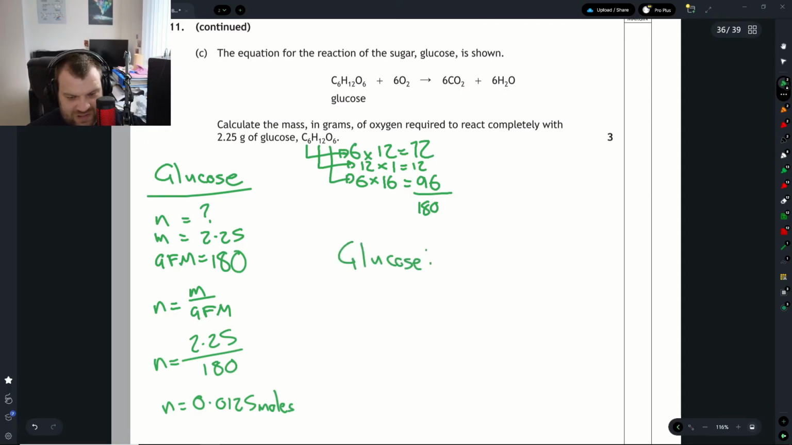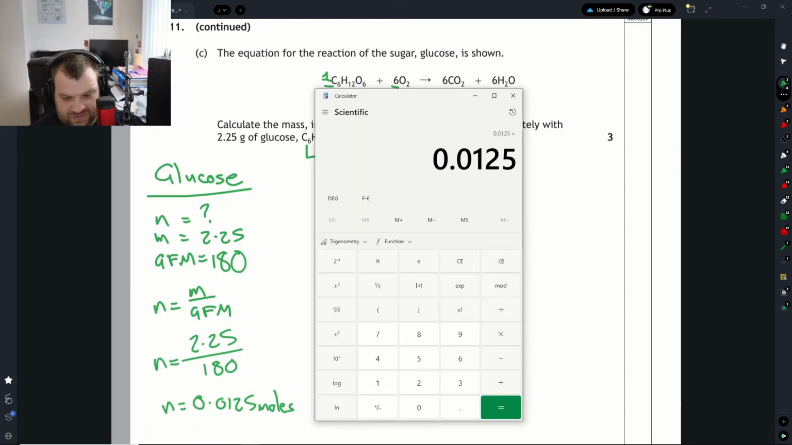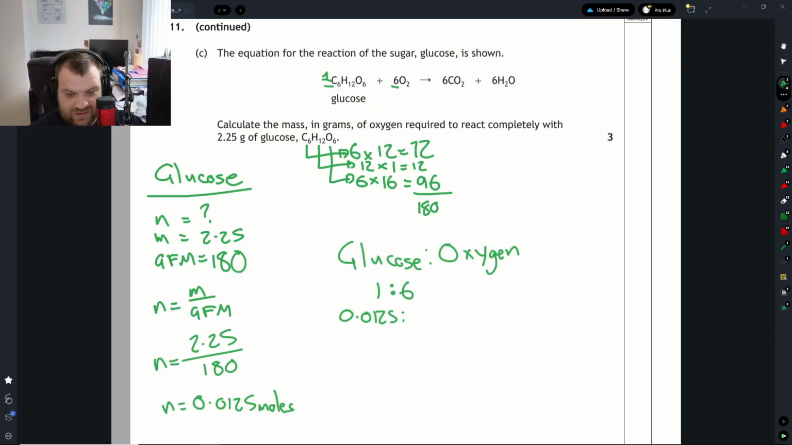When you're dealing with two different chemicals, you're going to want to look for some sort of ratio in an equation. Glucose to oxygen. There's no number balancing it. That means that's a 1. There is a number, that's our balancing number. It's a 1:6 ratio. That means if we've got 0.0125, we need 6 times as many on the other side. I'm going to take my answer, times it by 6, 0.075